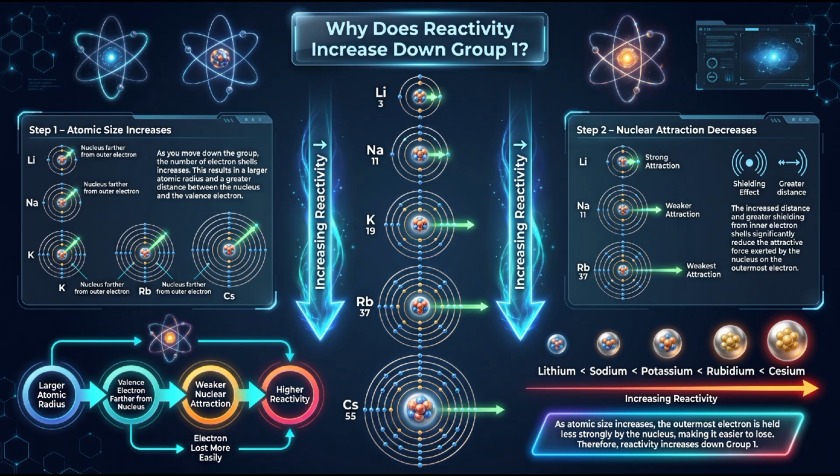The same principle also explains why group 2 elements become more reactive down their group. Although alkaline earth metals must lose 2 electrons instead of 1, increasing atomic size and shielding still make electron removal easier as we move downward. However, group 2 metals remain less reactive than group 1, because removing 2 electrons always requires more energy than removing only 1. In summary, the reactivity of group 1 alkali metals increases down the group because atomic size increases, causing